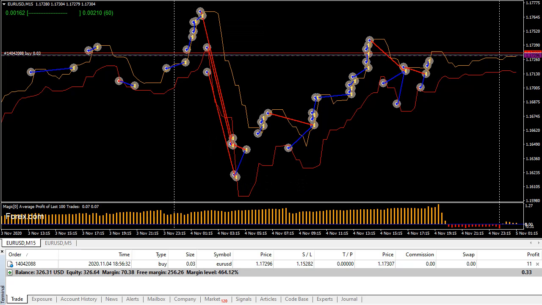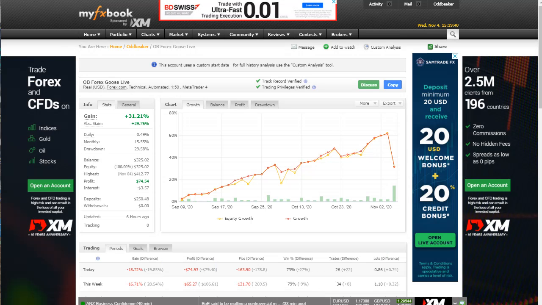In fact, I have the Myfxbook here. Let me see if I can get it up here. Right there. When I closed that one trade, I was up 61%, almost 62%, and then boom. I lost maybe 2/3 of my total gains. Now I'm at 31% because it recovered 1/3 of what it lost. But when I looked at it yesterday, it was at like 19-20% or something. It was pretty scary. But still, look at that.